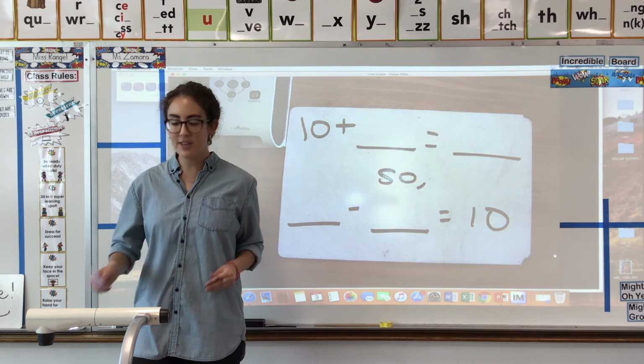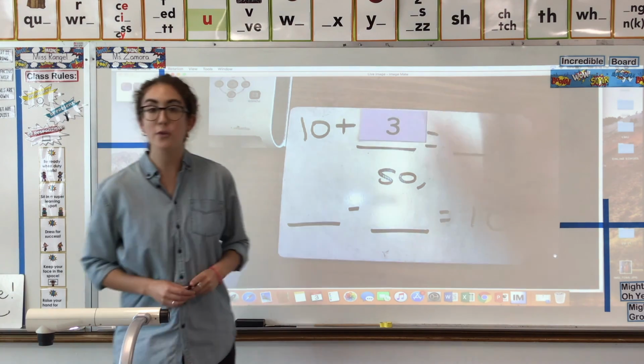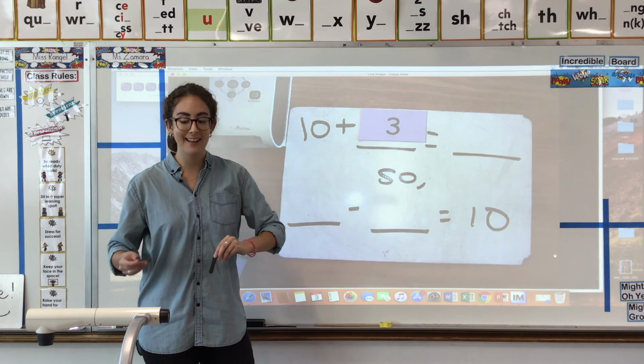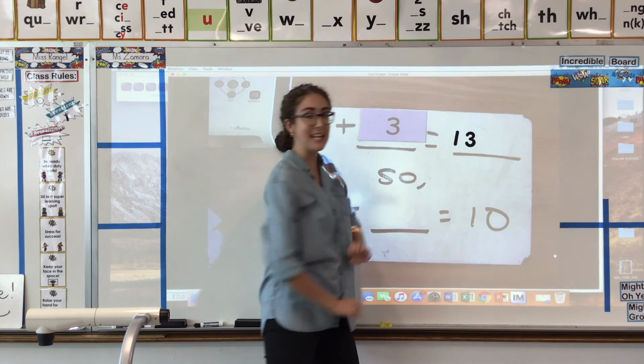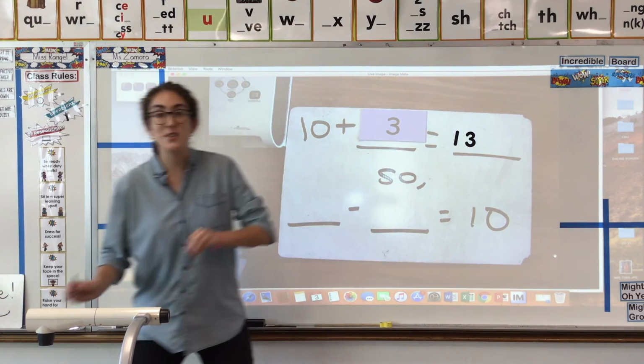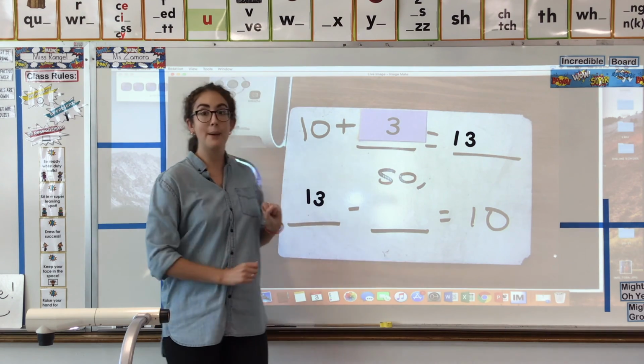Okay, let's solve this problem. 10 plus 3 is 1 ten and 3 ones, that is 13. Good job. 10 plus 3 is 13, so that means 13 minus